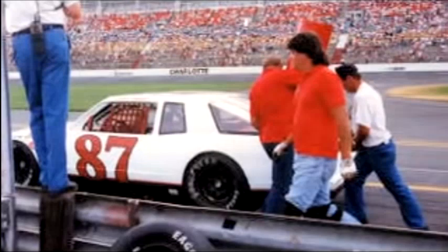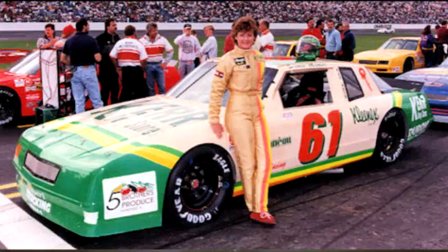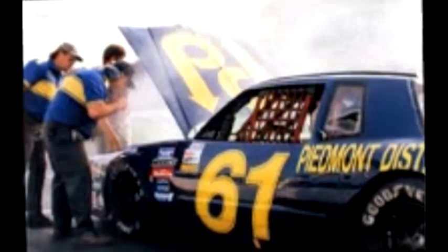Though she mostly ran the number 61, Sherry Minner ran the 87 in her first sportsman year. And speaking of Minner, her background was that she was married to Harry Melling mechanic Tommy Johnson. Minner was a very frequent pole sitter in sportsman, but never seemed to finish the race. And to finish up,